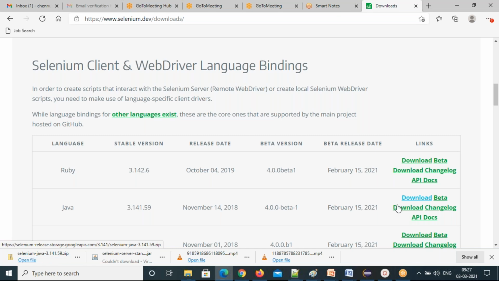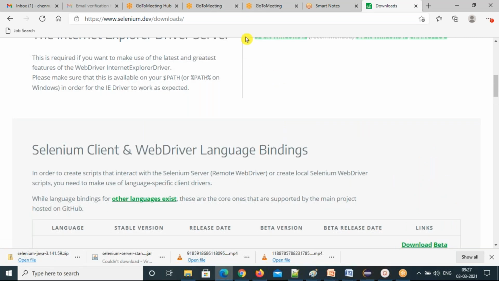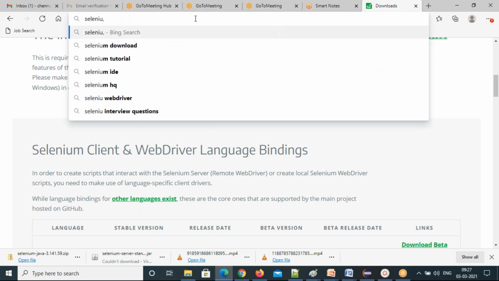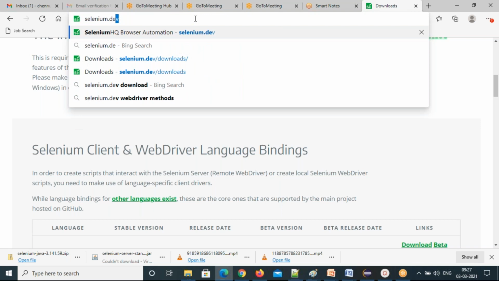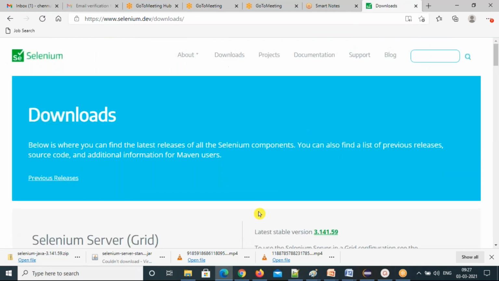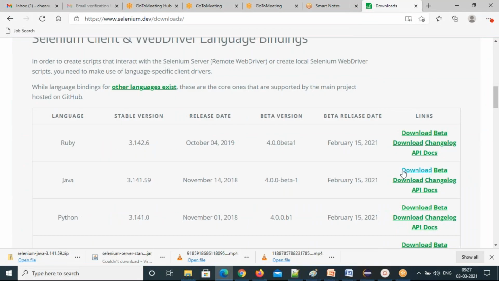It's okay, you can go to downloads, madam. You can go to selenium.dev. If you download, that's enough. Just type selenium.dev. Okay. Just type it and press the enter key. Automatically it will open. Then you have a downloads option here. Click on the downloads. Then it will go here. You can go down a little bit and you can do that. Preeti, are you there? I am not hearing anything from you.